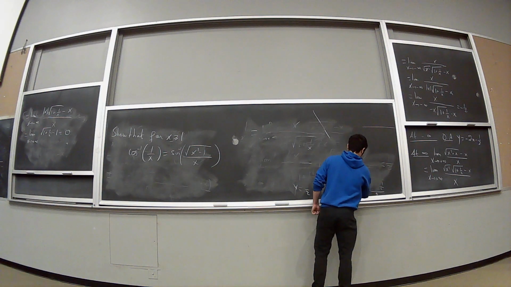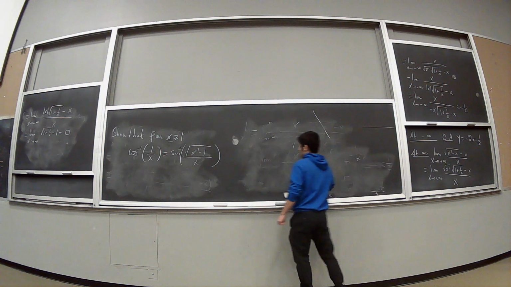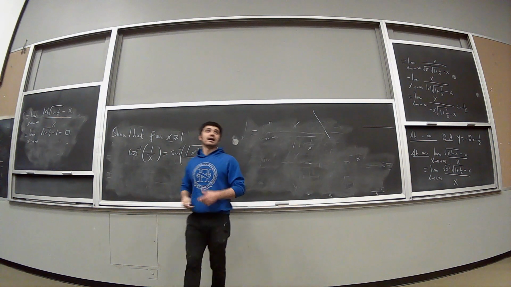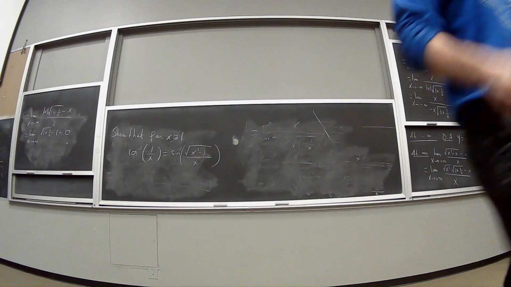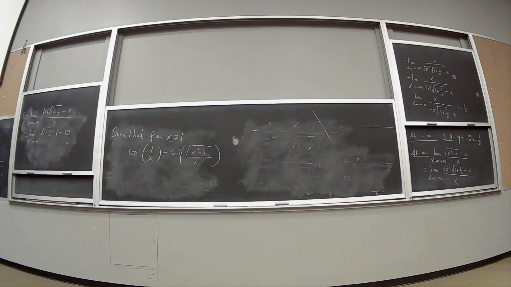Okay, so you can do the trigonometry, but let's use the mean value theorem here. Again, if you do it with trigonometry, you have to justify a bit more. 1 over x is between 0 and 1. So if x is strictly bigger than 1, you can look at cos inverse of 1 over x as a